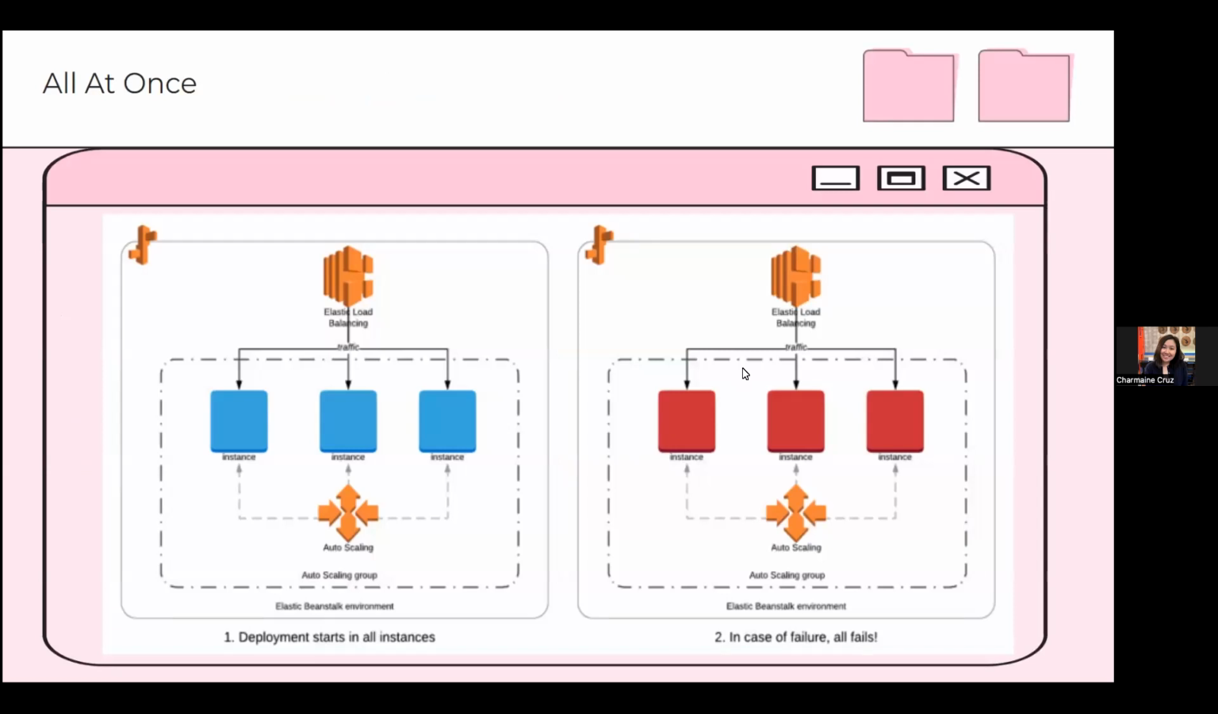So next natin is deployment modes. So we have 4 deployment modes. This all focuses on Elastic Beanstalk. So another AWS service is Elastic Beanstalk for deployment. So here we have all at once. Ito yung siguro